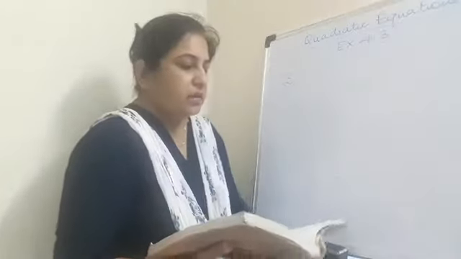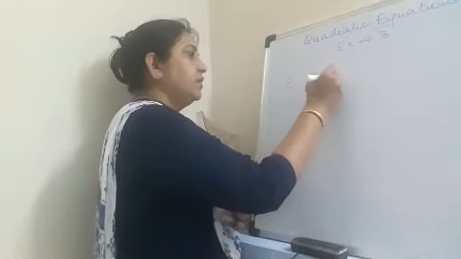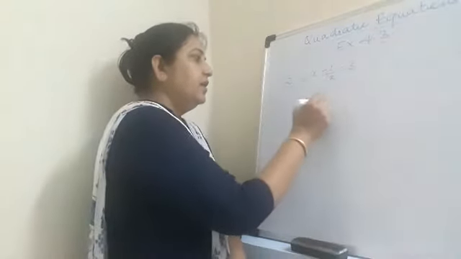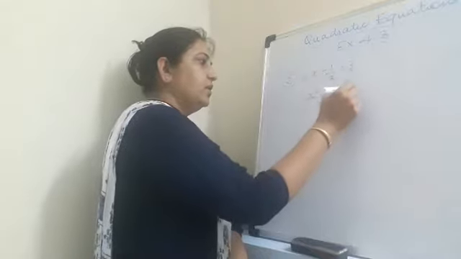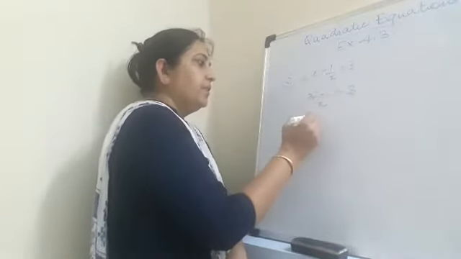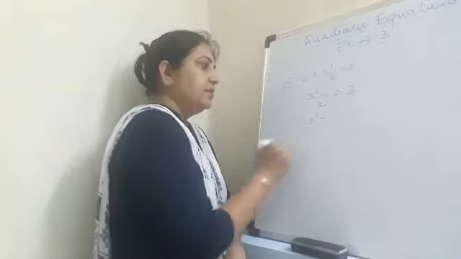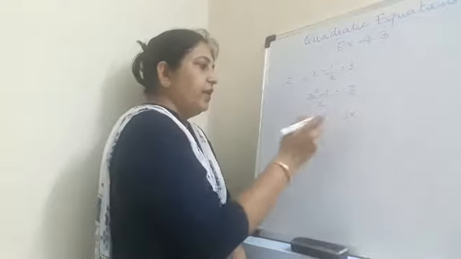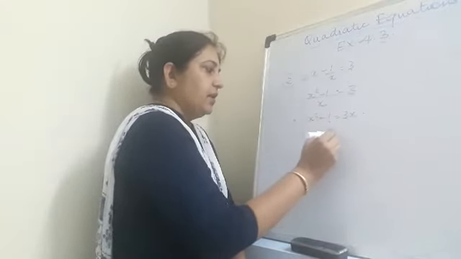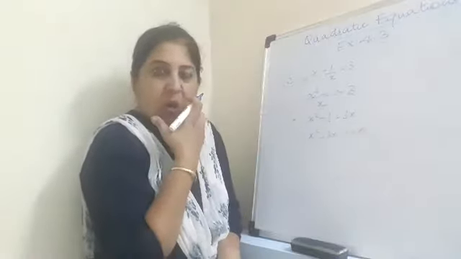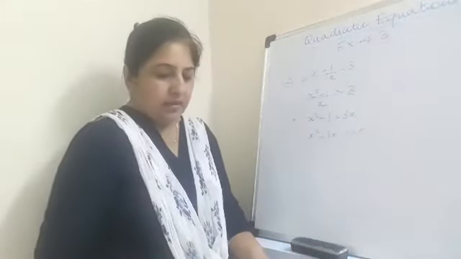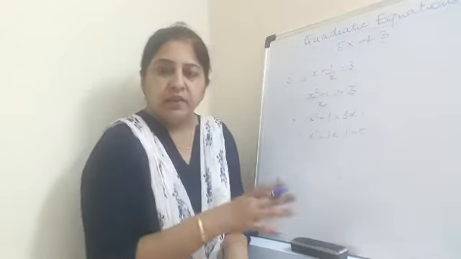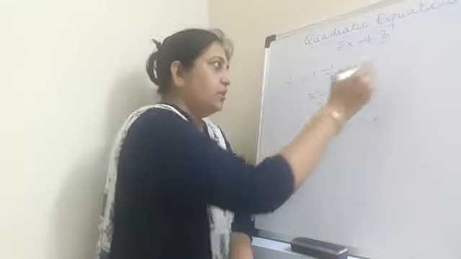Now it says x minus 1 upon x is equal to 3. There are two parts in question number 3. Then find the LCM here. x square minus 1 is equal to 3x. Right? We arrange the terms and we get x square minus 3x minus 1 is equal to 0. Okay, now you got this equation. You will then solve it with the formula method and find the answer, right? So this is question number 1.